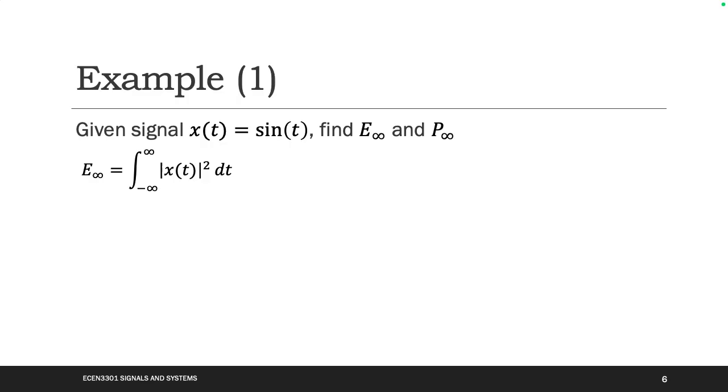Then replace x(t) with sin t, and you can get this one, am I right? Does that make sense to you? Is sin t a complex number or a real number? Real, am I right? No matter what t equals, you always get a value between -1 and 1. So we can remove the absolute symbol, or magnitude symbol. That makes sense to you?